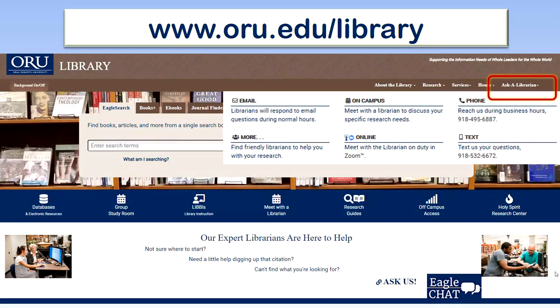Librarians are available to help you with your research. The Ask a Librarian link provides information on how to reach a librarian to ask a question or request help with your research. Students who need research assistance can call, text, email, chat online, or come by the one-stop library service desk, or make an appointment to meet virtually with a librarian. We are always happy to help in any